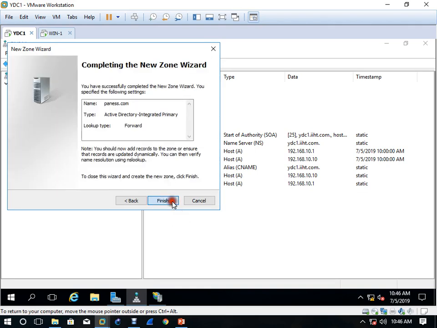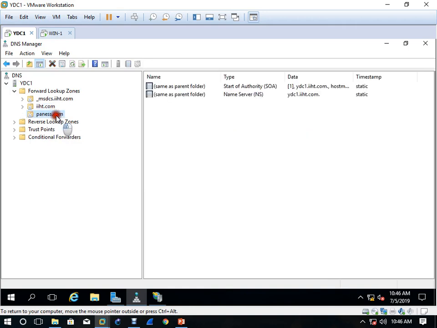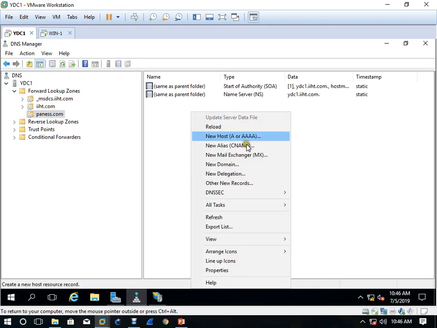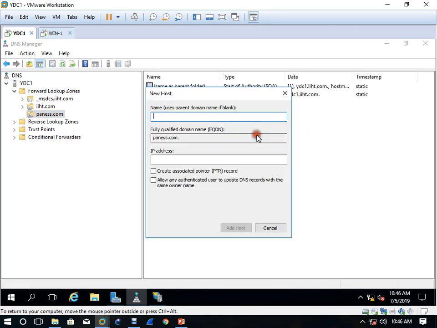So you have to create the first record here, panes.com, and right click, host. The host will be Yaoundé DC1, right? What will be the IP address? 192.168.10.10.